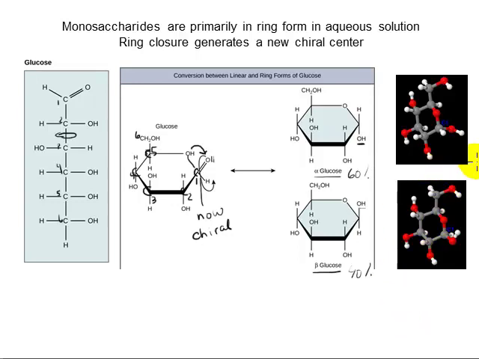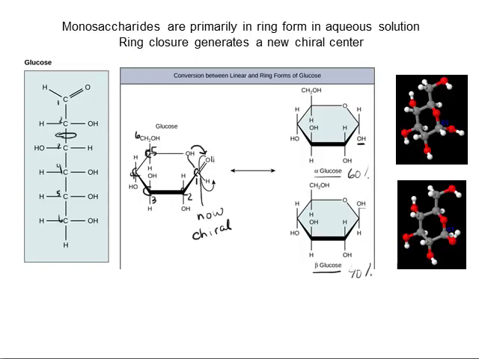This ball and stick representation presents another view of the difference in spatial orientation between alpha and beta glucose. Here are the carbon atoms in gray, 1, 2, 3, 4, 5, 6. Oxygens are red and hydrogens are white. So here's our ring oxygen and the others that are part of hydroxyl groups. Notice that the orientations of all of the molecular components are the same, except for this number 1 carbon, where the hydroxyl group and hydrogen atoms switch places three-dimensionally in space. This is a small structural difference, but it has very important consequences for larger polysaccharides that are assembled using these